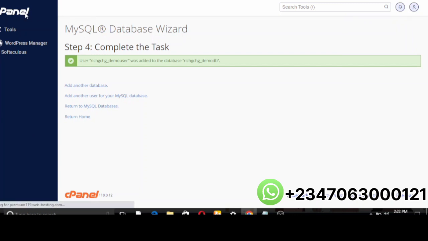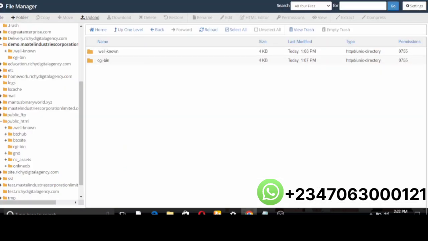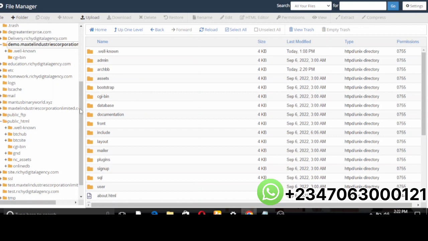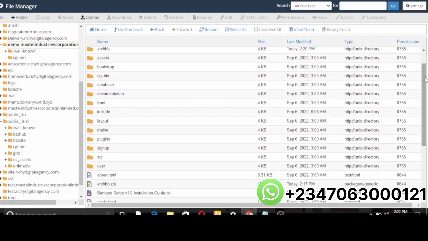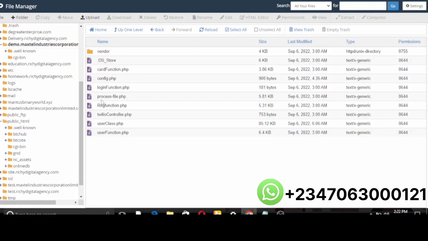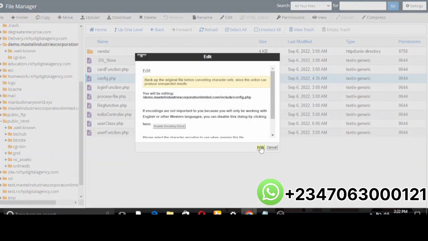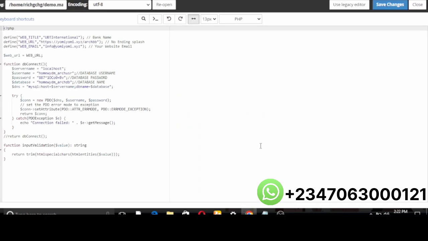So come back to cPanel. Under the file manager section, you come down to include. Open this include folder. Then in the include folder, you click on config.php, right? We want to configure our database, right? So you edit. Then go ahead and